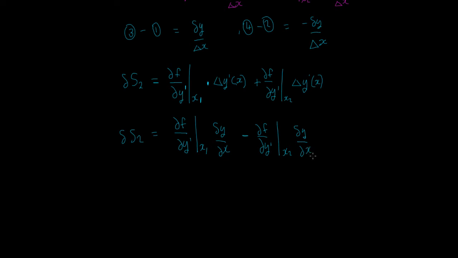We'll bring terms together, and if we make that look like minus, then there's a reason for writing it in this form, and you'll see in a minute. df by dy derivative at x2, which is this one here, minus, because the two minuses will make a plus for this thing here,